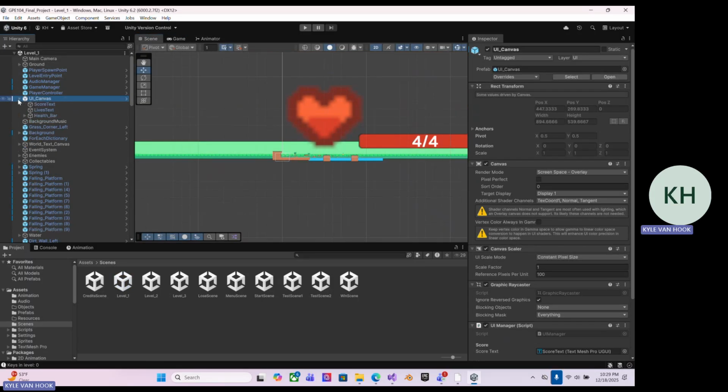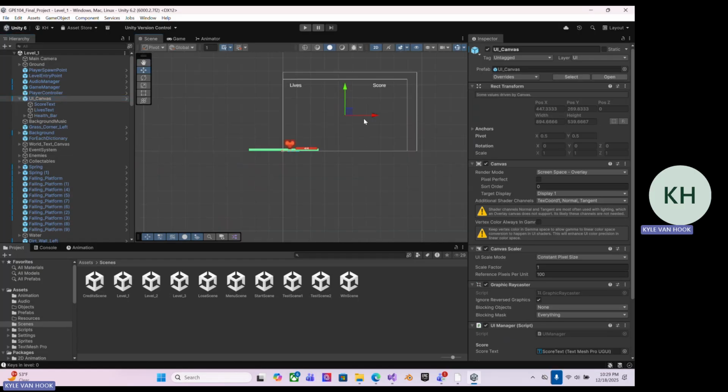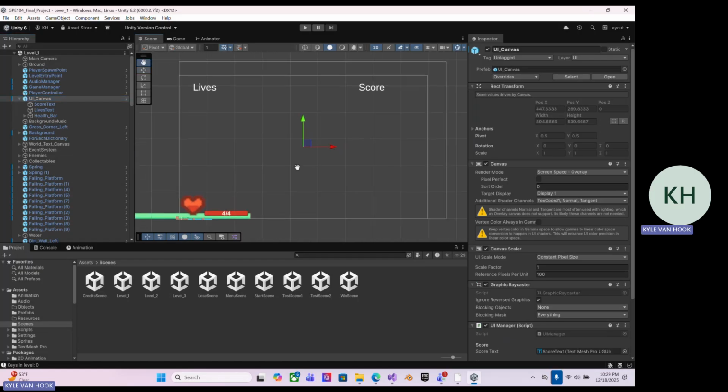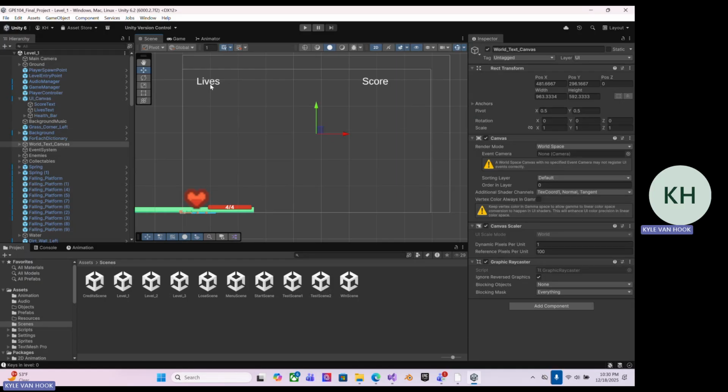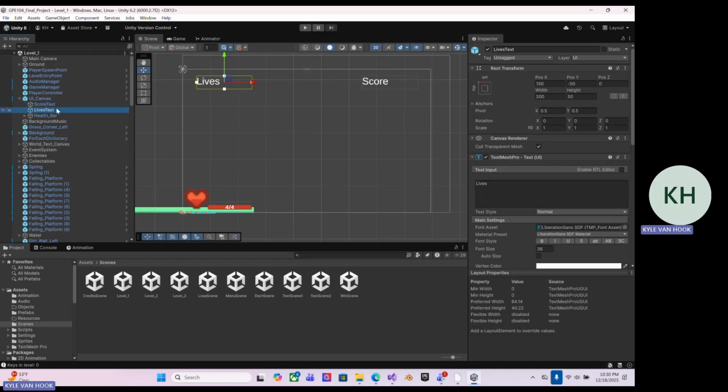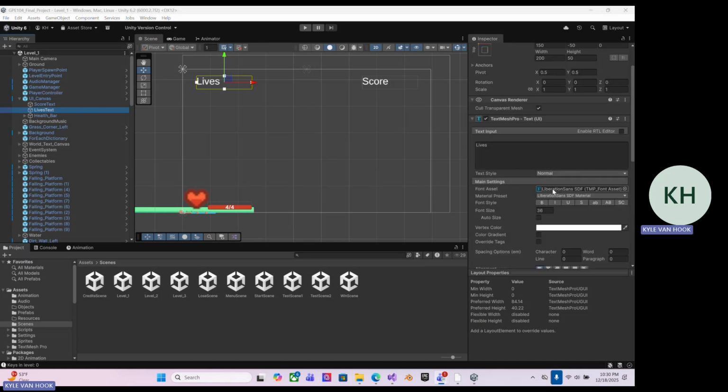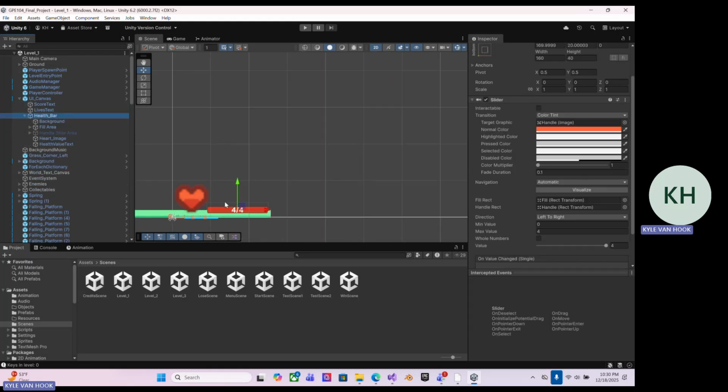UI canvas. All right. So zooming out, we have a basic UI canvas. To the left, we have a text box that shows the lives text. It's just a text box. We have score text the same. We have a health bar, which is a slider,